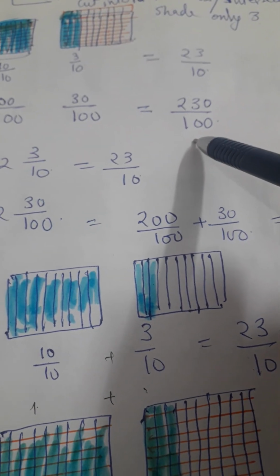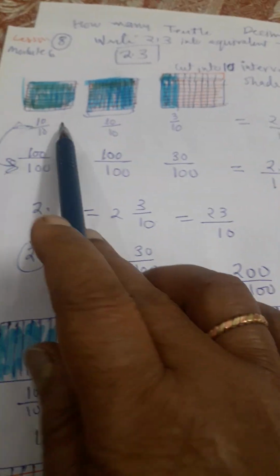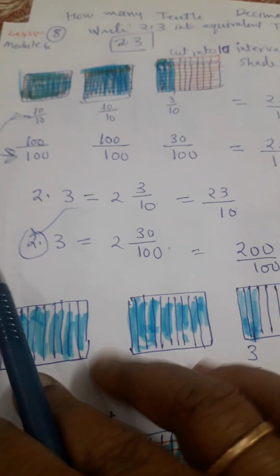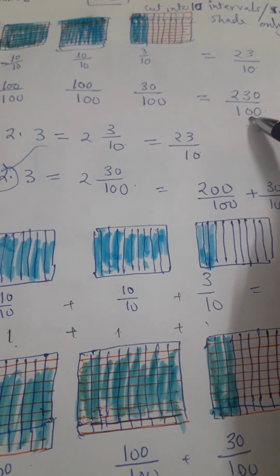Okay, first tenths, then hundredths, but both of them are identical, equal. Because of the same section we cut into different, smaller pieces. Hundredths means very, very small. So when we cut the same piece into smaller pieces, we get more pieces, but each will